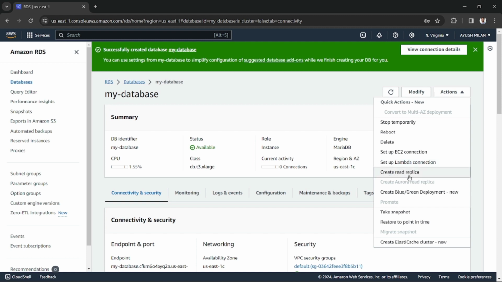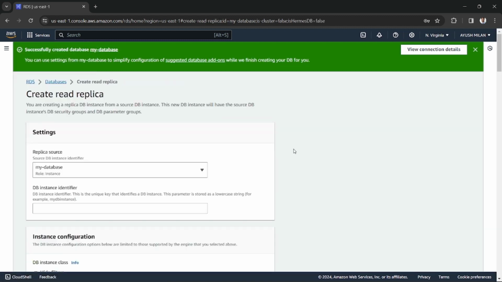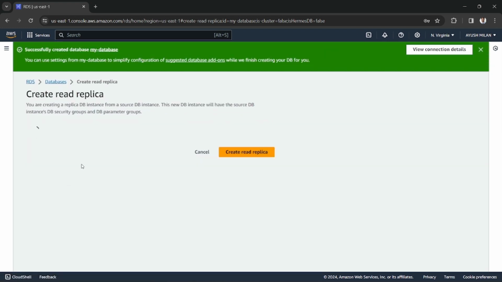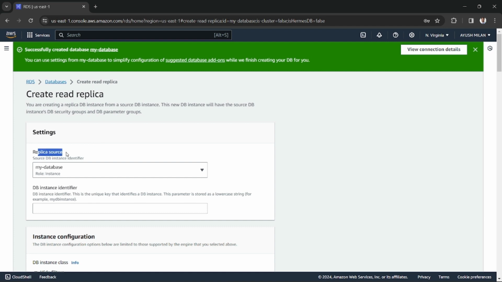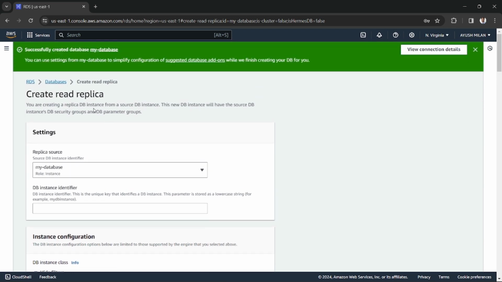Just click the create read replica button. It will pop up the read replica source and some configurations. Choose the read replica source from where you want to replicate another database for read-only purposes,